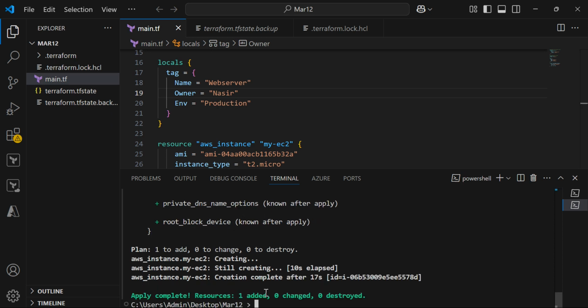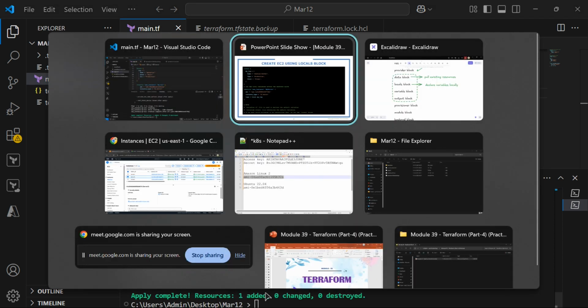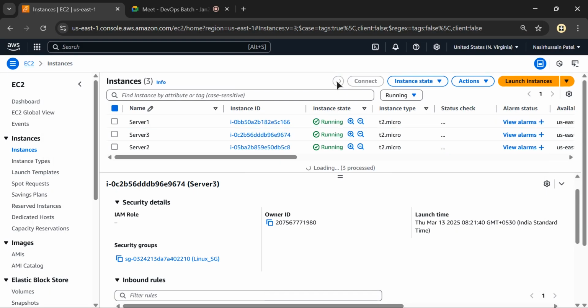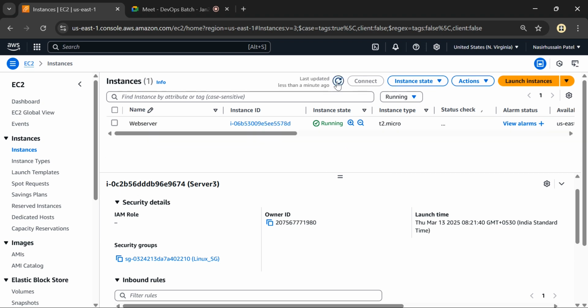So this is completed. One resource has been added. So let's go back and verify our EC2 instance. Let me just hit refresh here. You can see web server got created. And if I select this web server,